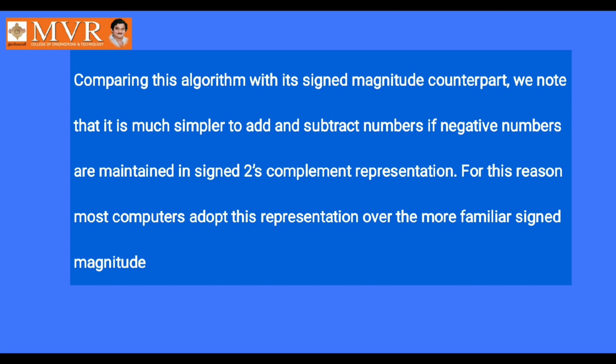Say, for example, minus 5 and minus 8: are both signs equal or not? Both are negative values. So we add 5 plus 8, which is 13, and the result has a minus sign: minus 13. Or else, if one value is plus 5 and the second value is plus 8, in this case also the magnitudes 5 and 8 are different but their signs are the same, plus signs, so the result is plus 13. The first check is whether the two signs are equal or not. If the two signs are equal, simply perform the addition operation